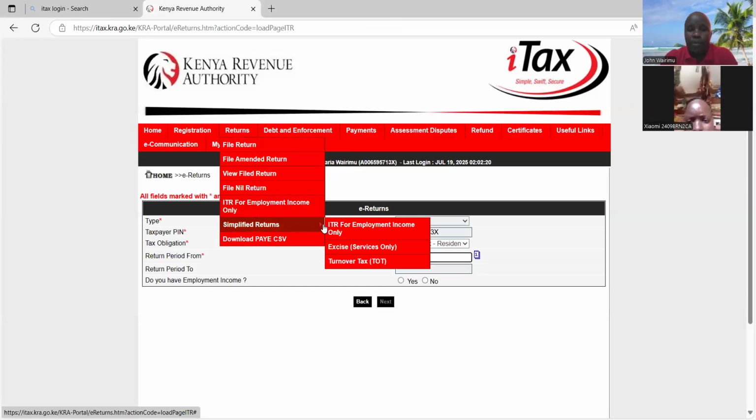Then there are those people who normally file turnover tax. Turnover tax nowadays is very simple to do. You come to file returns, then you click, you want to file turnover tax. Then from here, you will be auto-directed to file turnover tax. I hope we are together up to that point. I'm moving one step at a time. Now,